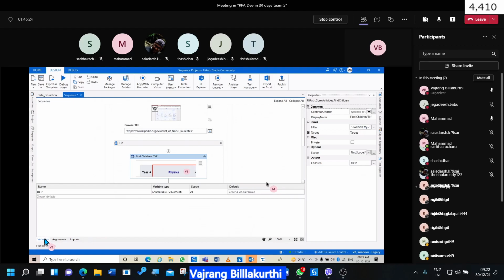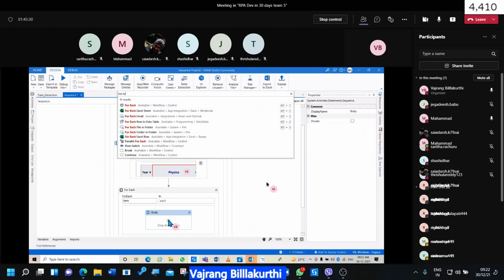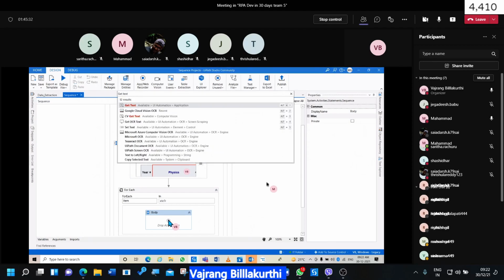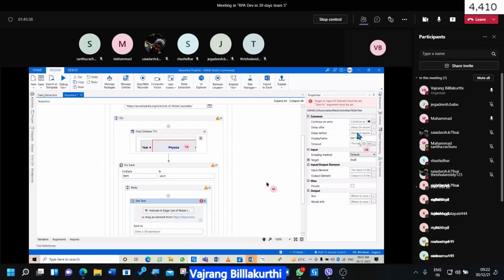Now in this, I can just use the Get Text activity, and I can pass in the UI element. Here the input item, the input element, is what it has. Get text input target. Okay, this is picking up a value, so indicate something.